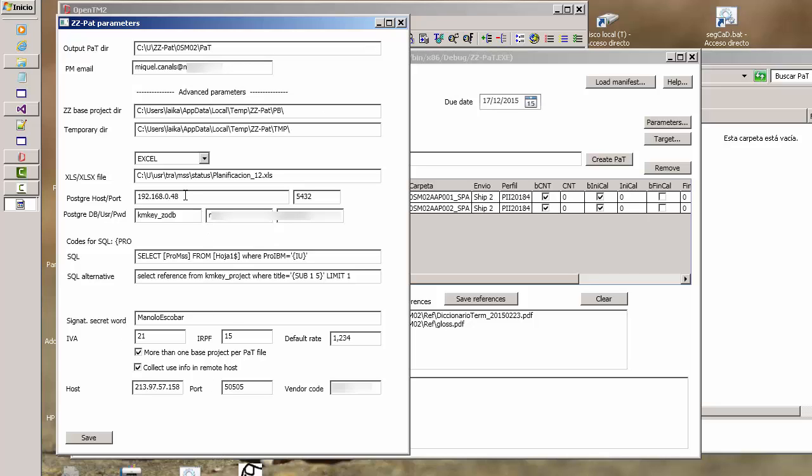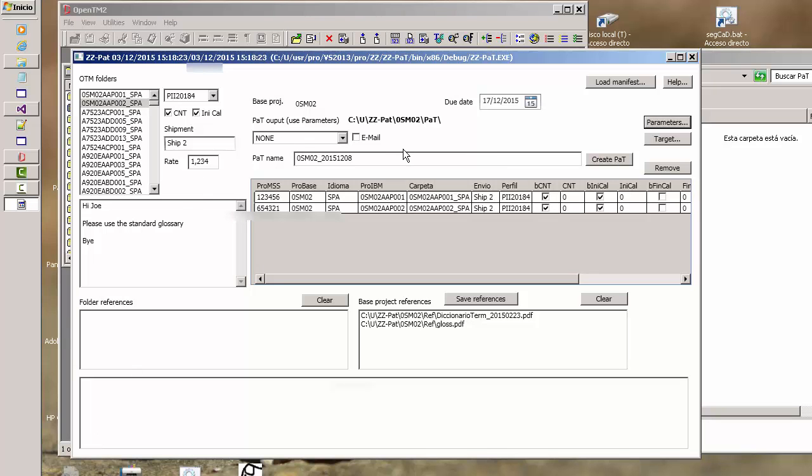I will not explain them now, but these parameters allow further customization of the application. For instance, I can say this is my email address. So I close that, and after I have done all this, I say create a PaT file,